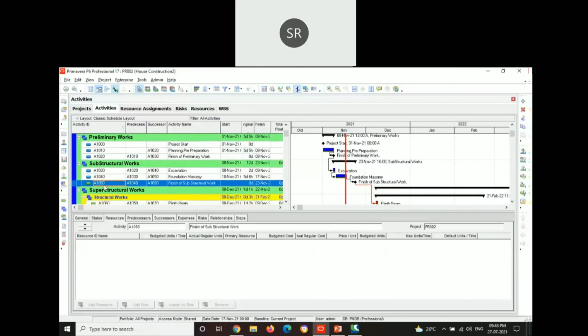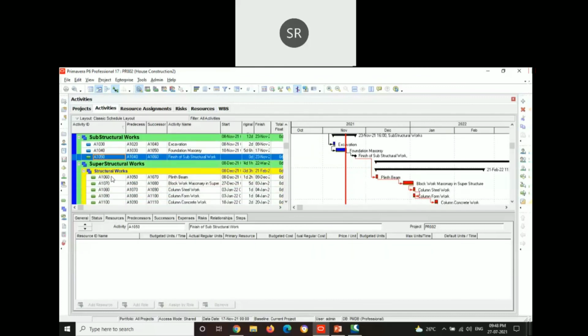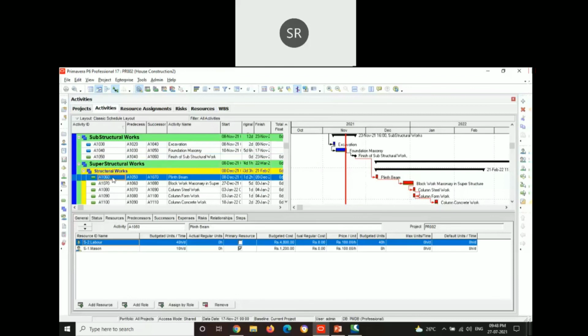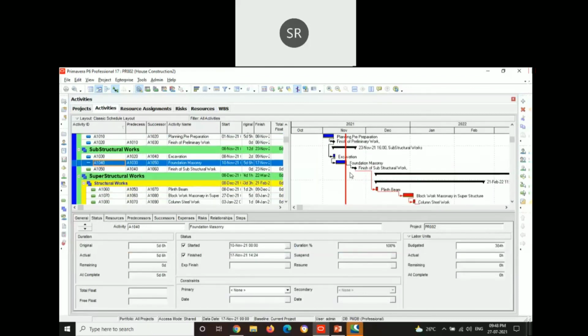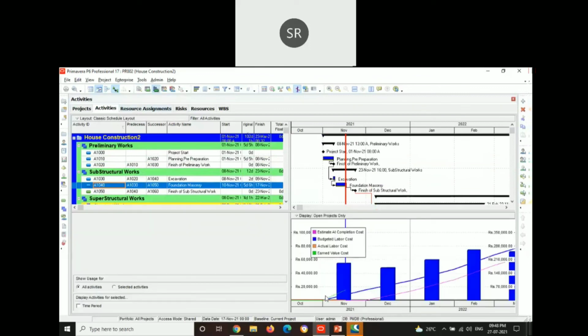Here we assume that every activity will be completed on the scheduled time. This is why the baseline and the activity path are coinciding with each other. Also in activity usage profile, we can see that there has been no actual labor cost here because it will be updated for each and every month, and even a month is not finished here. Let us finish it for at least a month.